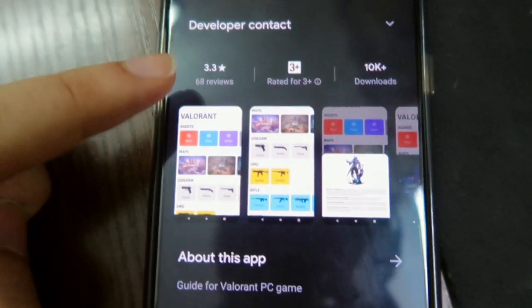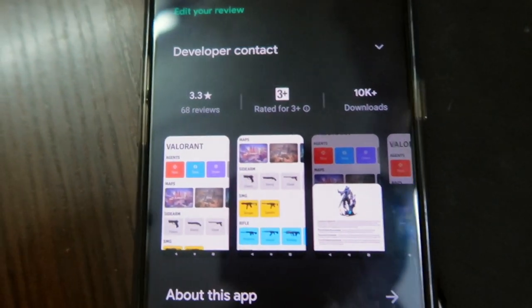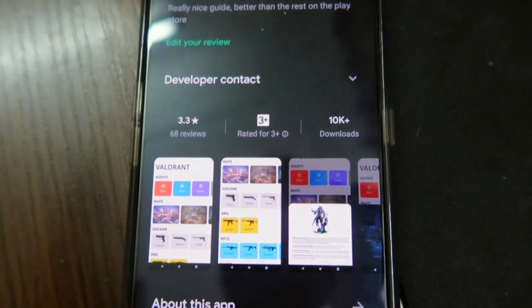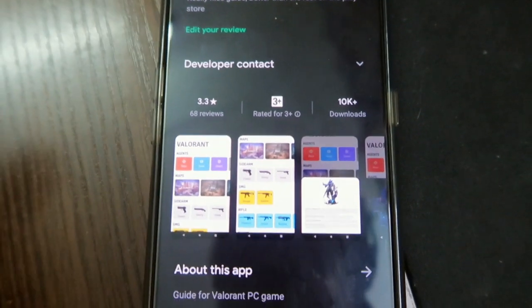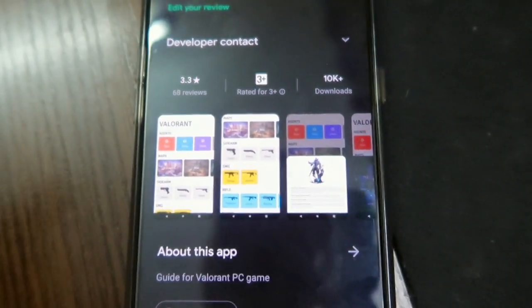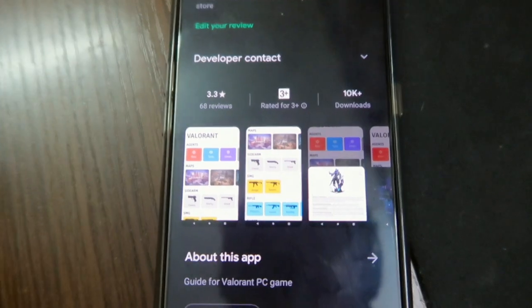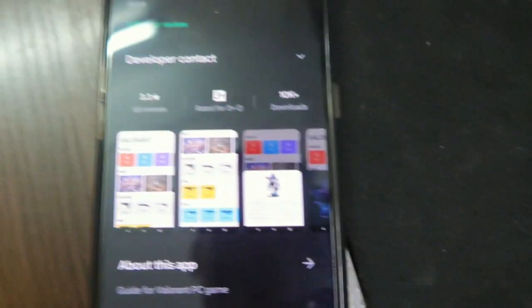And I have 3.3 star reviews, and actually 3.3 is very good when it comes to Android Play reviews, because people are really harsh on you, and most people are stupid when it comes to reviewing any app, because I received reviews which didn't make any sense about my app. And I'll show you guys my app.